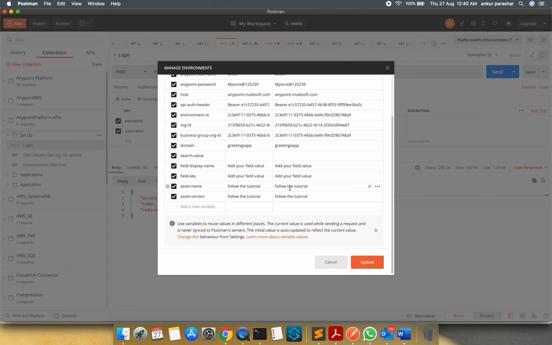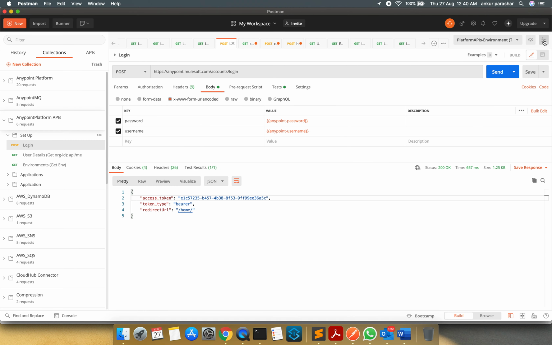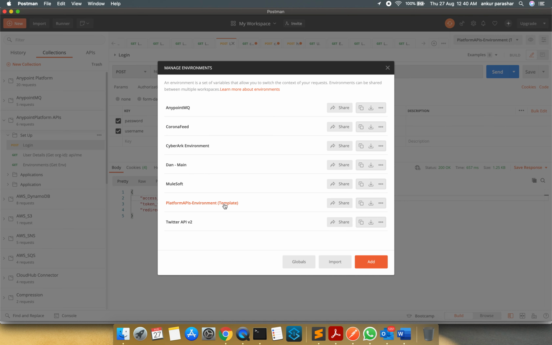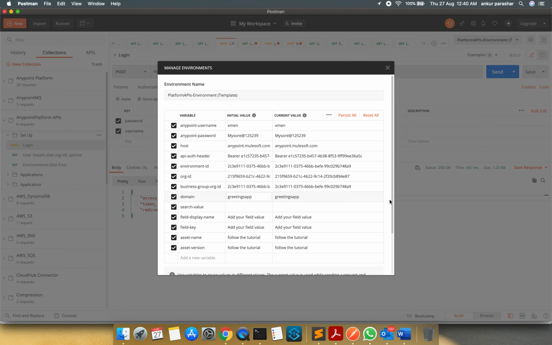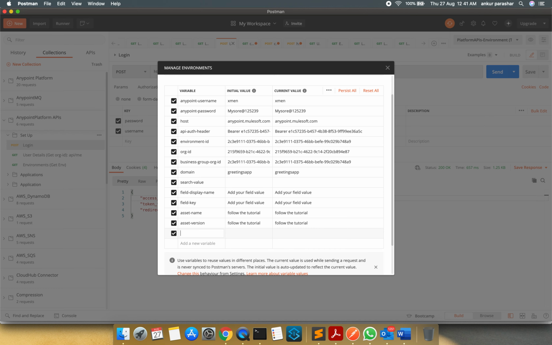It's very simple. In order to create any values, you need to go over here and just click on over here, like you can put any name of the variable. So let's say name, and after that you can put the name like your name, and it will come up like this. And use persist all, it will be better to use.